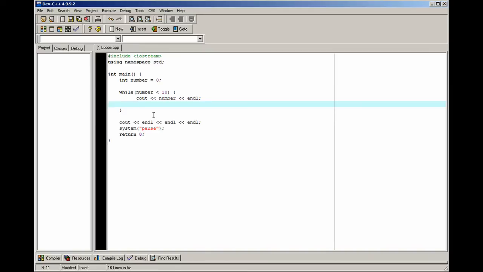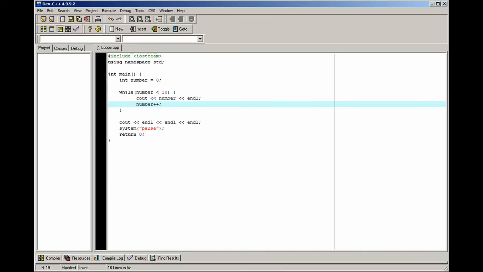And so we're going to want to add to this. There's a few ways you can do this. You can just do number plus plus, and that's essentially adding 1 to the variable. Or you can just do plus equals 1, which is also adding 1, and that's helpful because you can do 2, 3, whatever. But we're just going to use plus plus because it just looks a little bit cleaner. It's only adding 1, so you only need to do 1. And that's about it. So if you run this now,